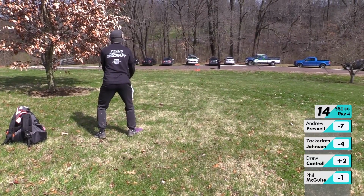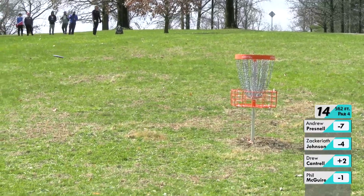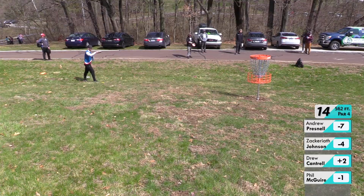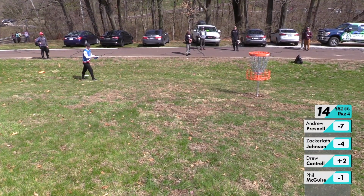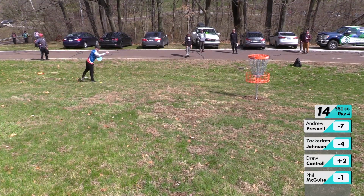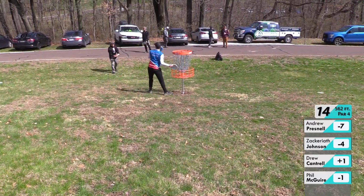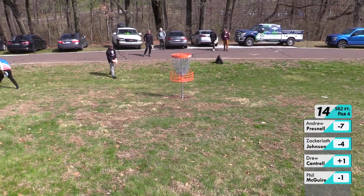Wow. Okay, yeah, this is really far. If you could see this basket, it's so easy from there, first of all, and you threw probably 450 at least? Oh, yeah. Maybe a little farther. So hard to actually get yourself to go for that eagle putt, though, with the OB behind it, just skipping off the top. Yeah, the OB's just close enough. If you skip off the top, even on a birdie putt from 30 feet, you could go OB. Yeah. You don't see it very often, but...